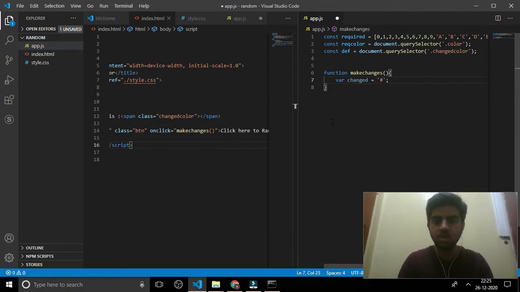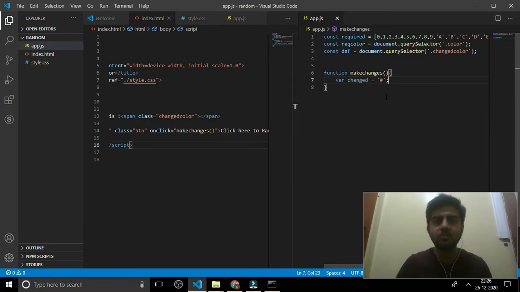Basically every color should start with this hashtag. If it starts with a hashtag, then it is considered a color in HTML. So let's declare a variable called changed, and the hashtag value is stored in that changed.